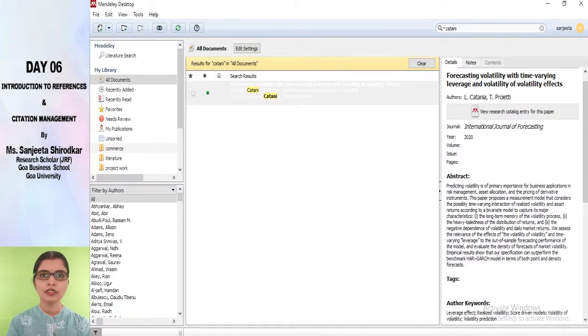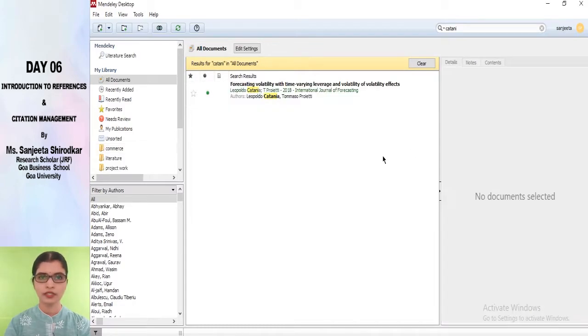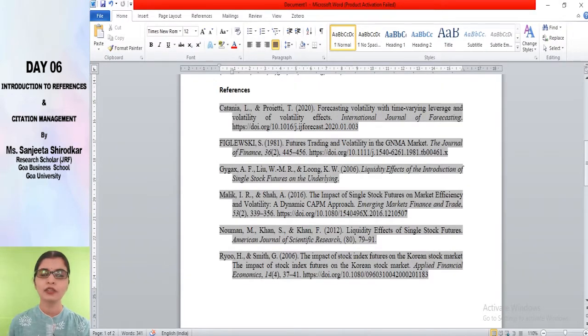So another way is, if at all you are having a PDF, you cross check and enter manually. If that is not there, you go to the browser, look out for the article and feed it manually. So here I want to change it to 2018. Okay, it's done. So you go to your Word. See, in Mendeley you need not save anything, just feed it, it will be saved.